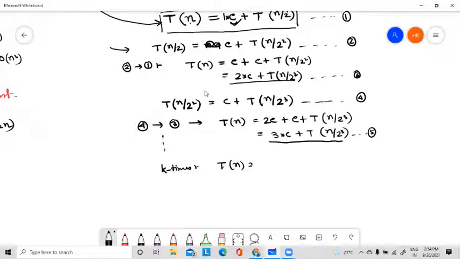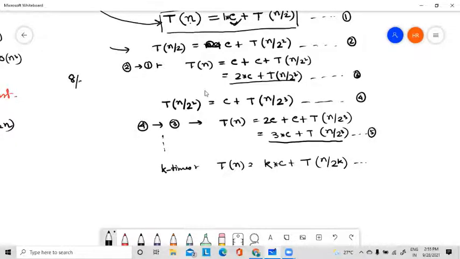The value will be T of n. See, after one time, 1 into c plus T of n by 2 to the power 1. After 2 times, 2 into c plus T of n by 2 square. After 3 times, 3 into c plus T of n by 2 cube. So after k times, it becomes k into c plus T of n by 2 to the power k. Correct? Now see, when we are dividing the array again and again, if we have started with 8 elements,